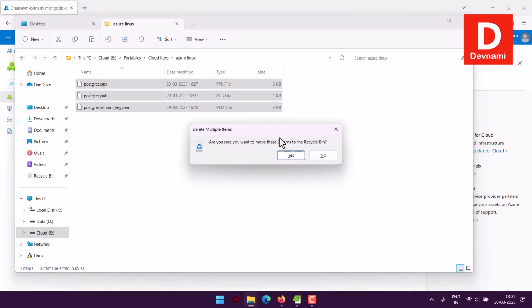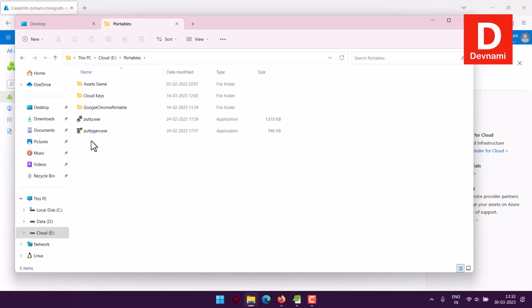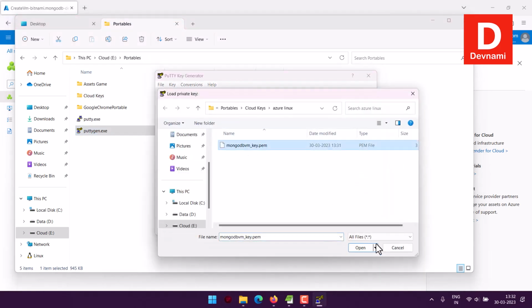So I will remove any previous keys within my folder. I will store it here. Now within this partition exe, I will execute this and give it my pem file,